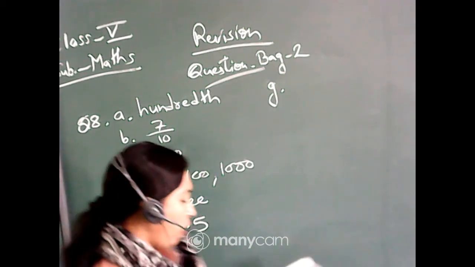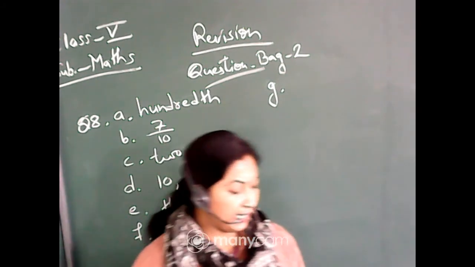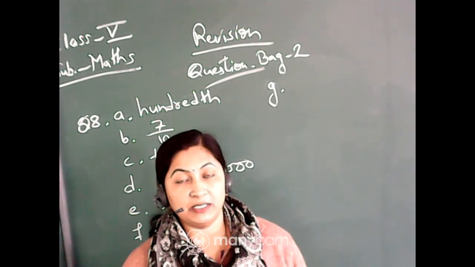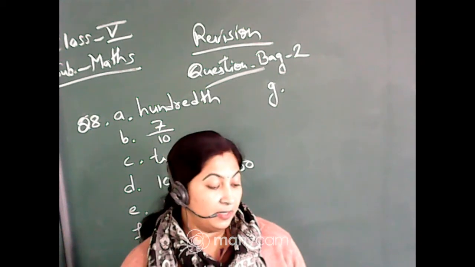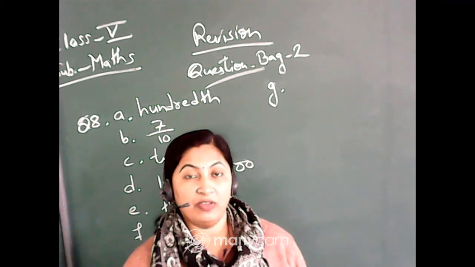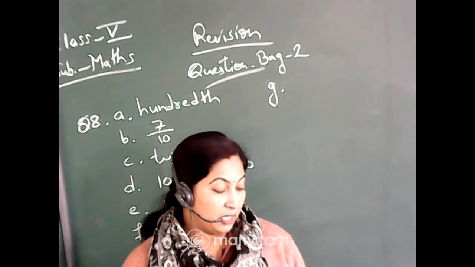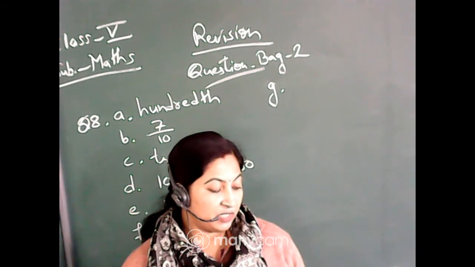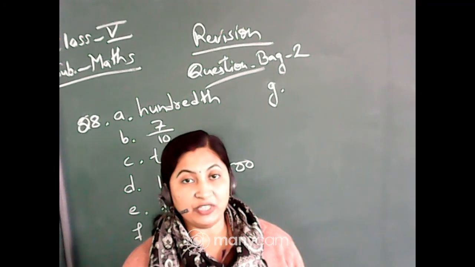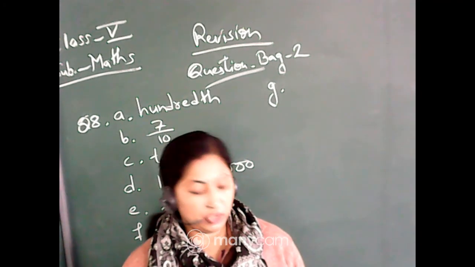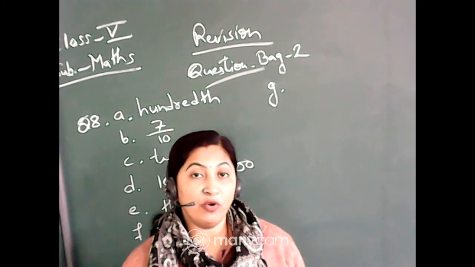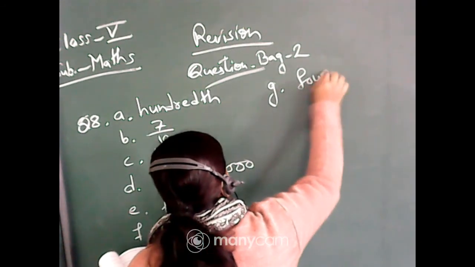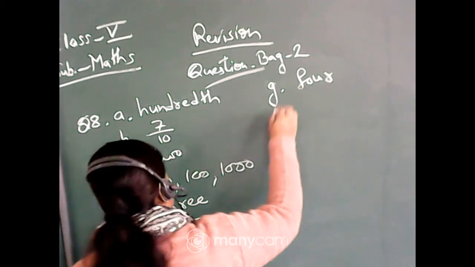The product of 48.7 and 9.643 will have dash decimal places. You don't have to find the product, you have to say up to which decimal places it has. So see, 48.7, that means after the point 1 digit, and then 9.643, that means after the point 3 digits. So 3 plus 1, 4 digits. So after the point it has 4 decimal places. So the answer will be 4. Number H.